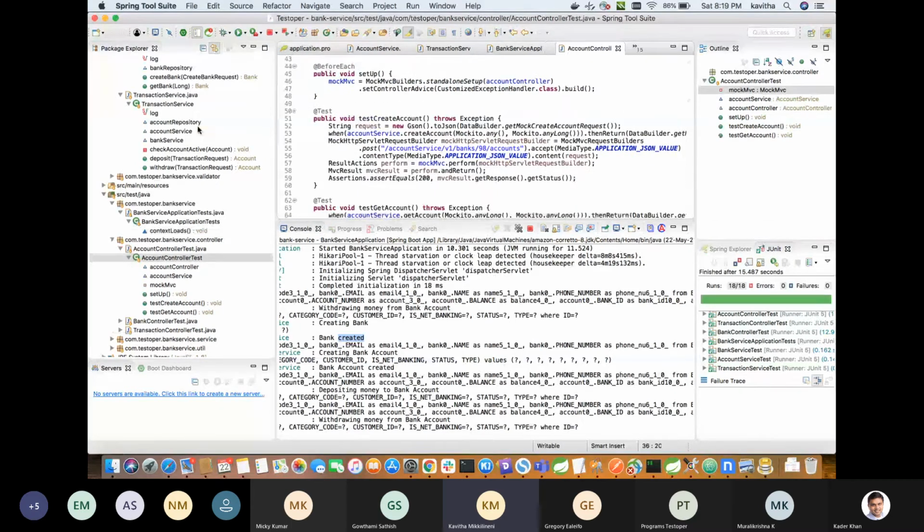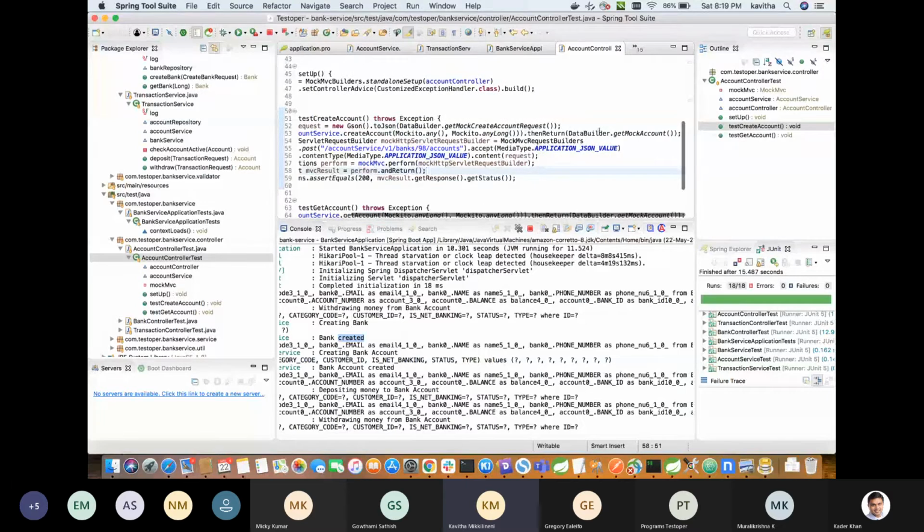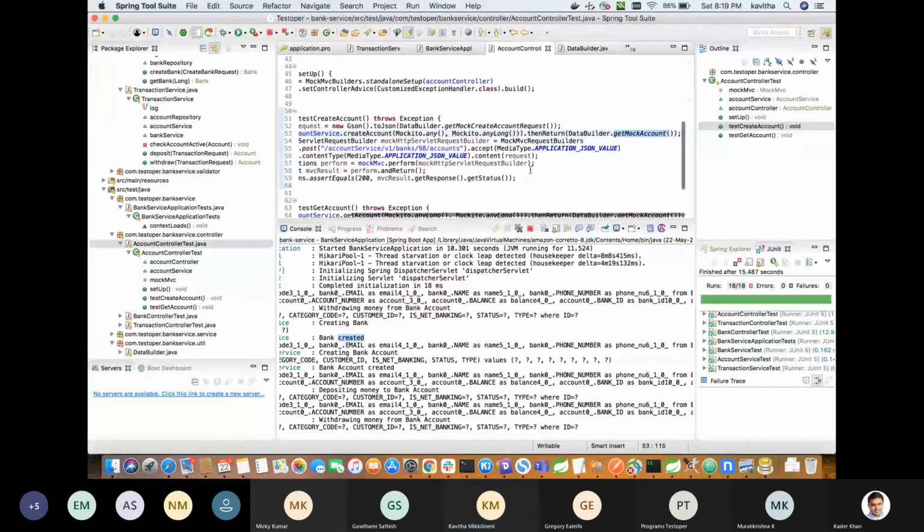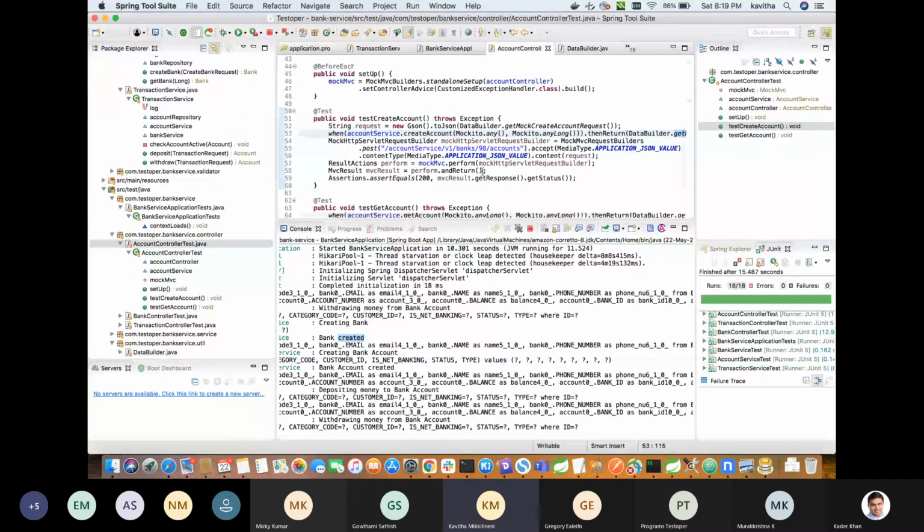So ideally, this account controller would have had a create account method. So we are doing a test on the create account method, and we are trying to set the mock details here. In some cases, we can mock the input parameters or the values which have to be given. So in the ideal case, this would have come in the request. So we are trying to mock that, so that we'll get the testing done here. So we are going to test this create method for the account controller class.